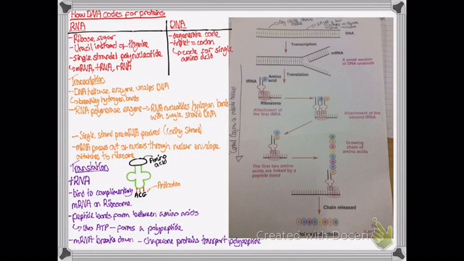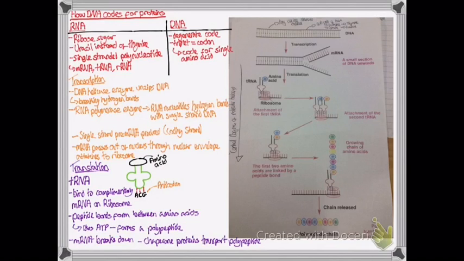But if that was a bit fast for you, let's look at this diagram to break down what's happened. So our tRNA has arrived at the ribosome. It's got this anticodon, so a specific triplet code, which is complementary to a codon on our mRNA, which is in the ribosome. So it attaches to that, forming hydrogen bonds between the tRNA and the mRNA. The tRNA is carrying with it an amino acid. So when the temporary hydrogen bonds form, the amino acid is then bound to the next tRNA molecule's amino acid in the chain. Okay, so a second tRNA attaches, its amino acid binds to the other amino acid by a